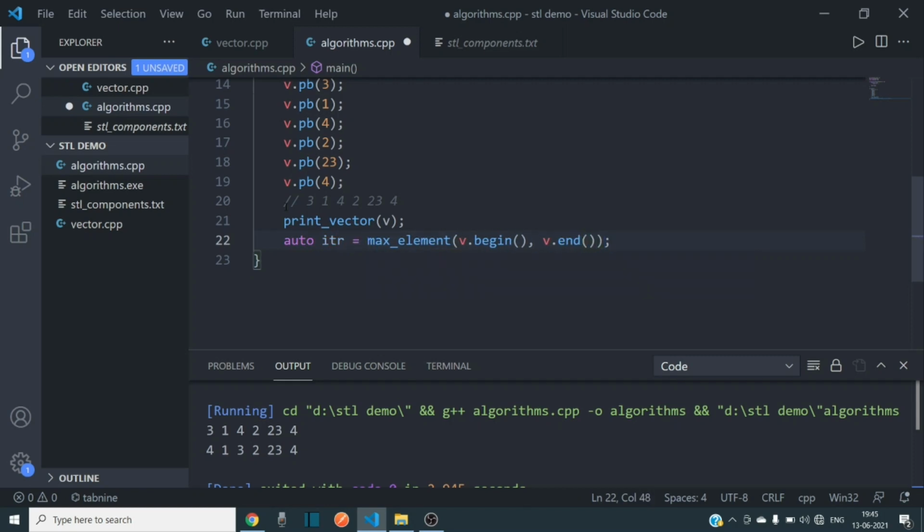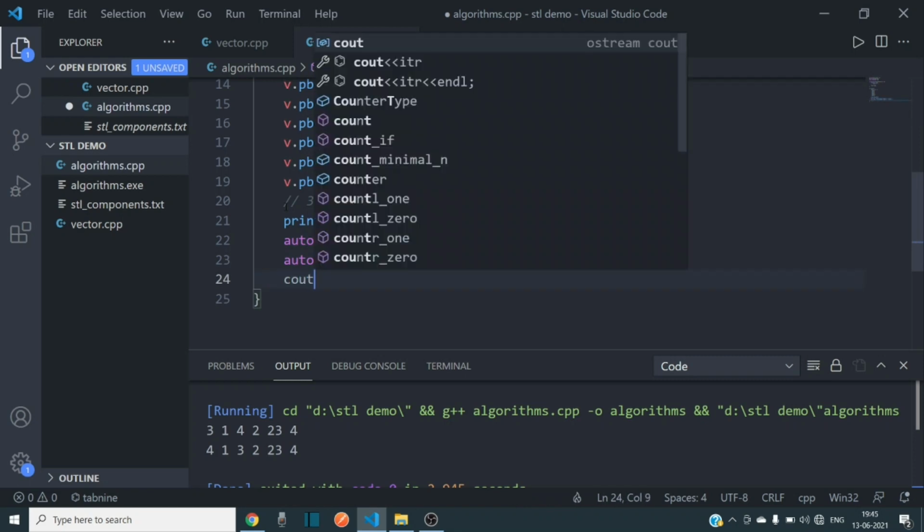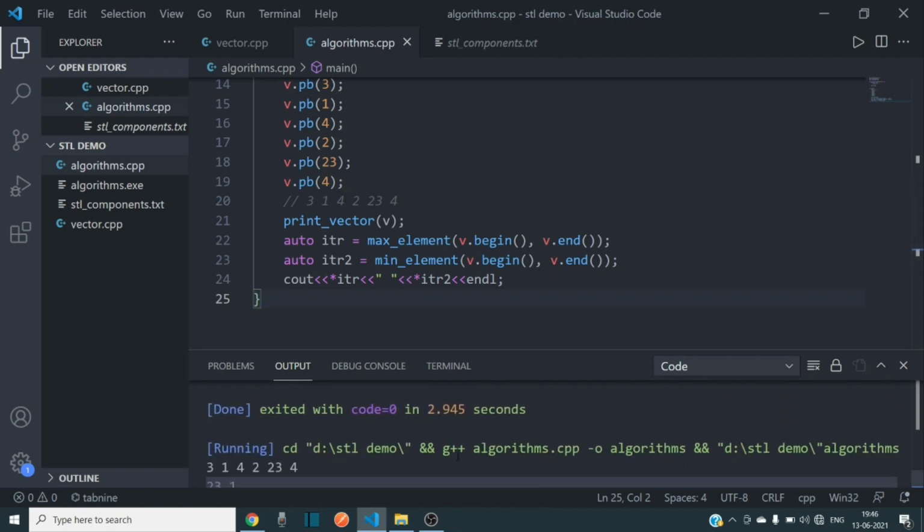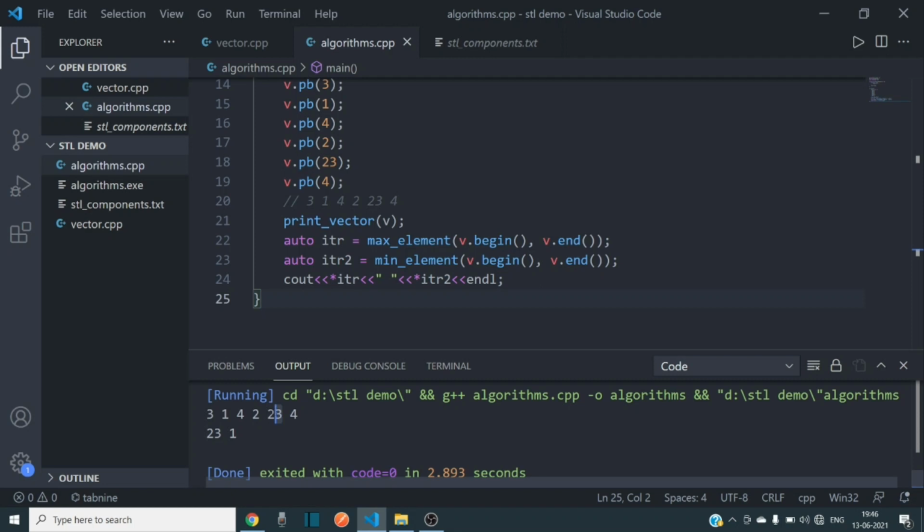So this is the max element and itr2. To find the min element, similarly to max_element we can write min_element. These two return iterators, so we can use star itr and star itr2 to access those elements. So it will return the maximum and minimum of those elements. The maximum is 23 and the minimum is 1, which is displayed here.